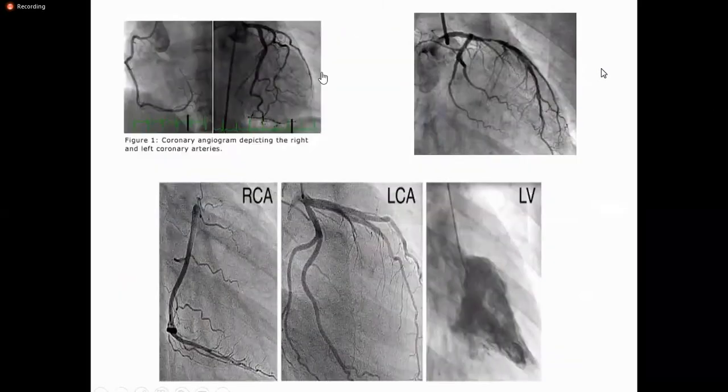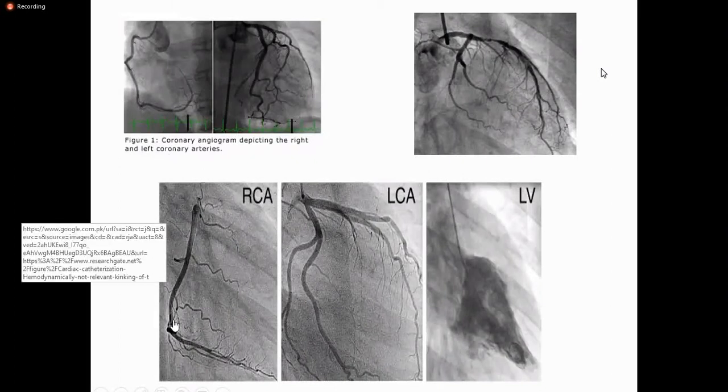Now, when you inject dye into the coronary artery, you see images like this. These black lines are the dye which shows the courses of the coronary arteries. Here you can see that the dye is passing into the coronary artery, which is easily visualized like these black lines. If there is any stenosis or narrowing, that can be easily diagnosed